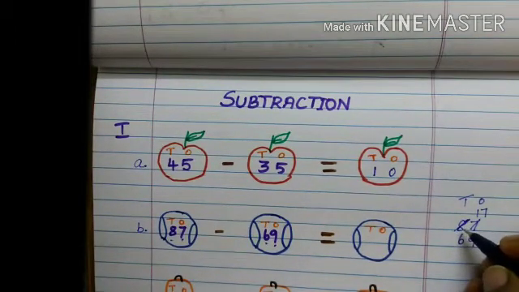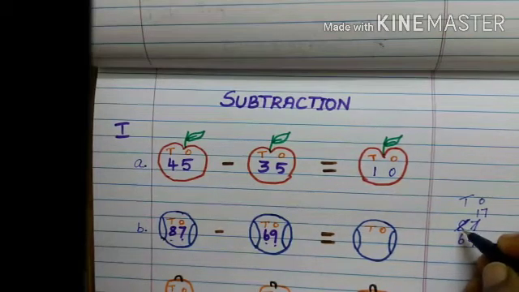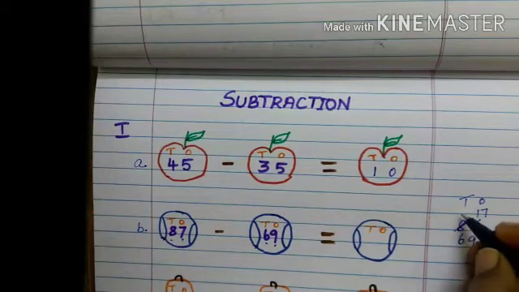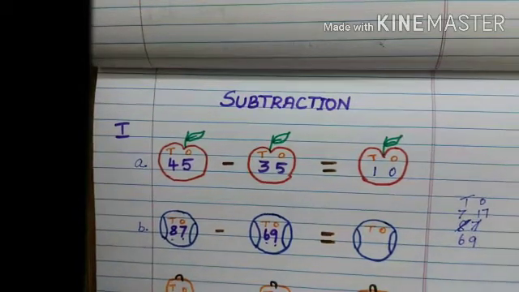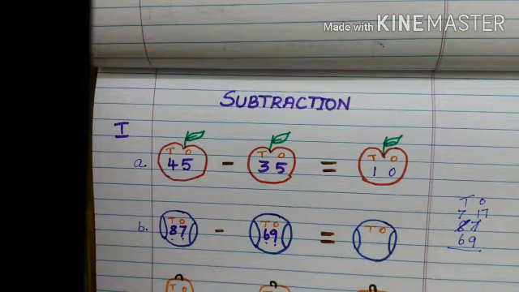Then one from the tens place is given to the ones place, so reduce the number. The number before 8 is 7. Then you keep 17 in your mind and subtract 9. 17 in the mind, 9 in the finger. Say before counting 16, 15, 14, 13, 12, 11, 10, 9, 8.